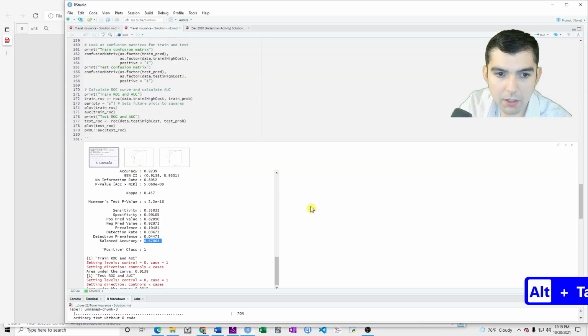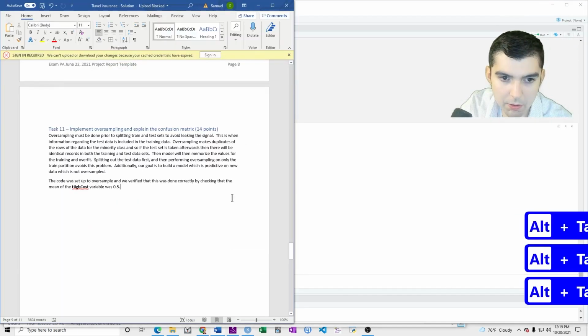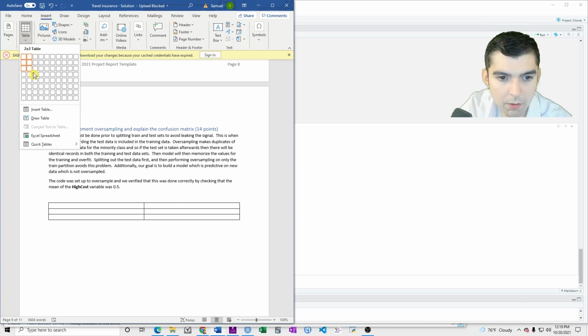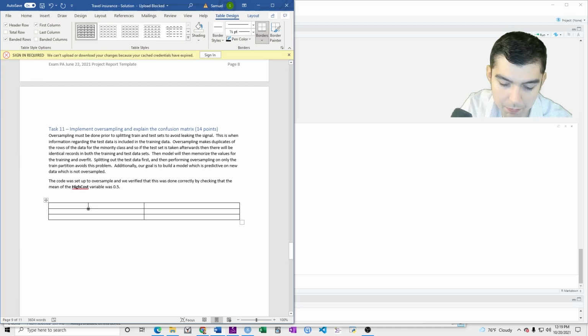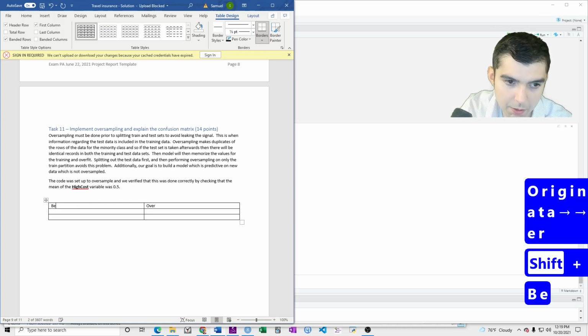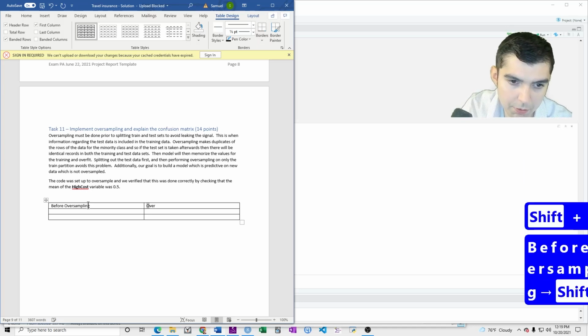So let's create a little table. So we'll look at original data. Let's say before oversampling, after oversampling.